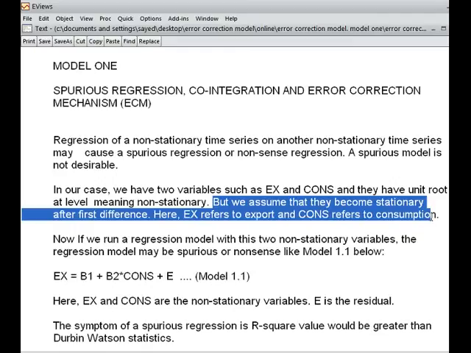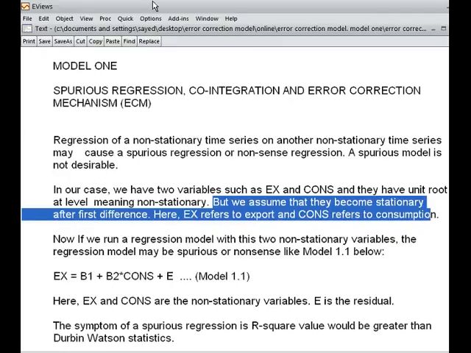What is our assumption? Our assumption is our two variables ex and cons have unit root at a level, but when we convert these two variables into first difference, then they become stationary. That is our assumptions. Okay,